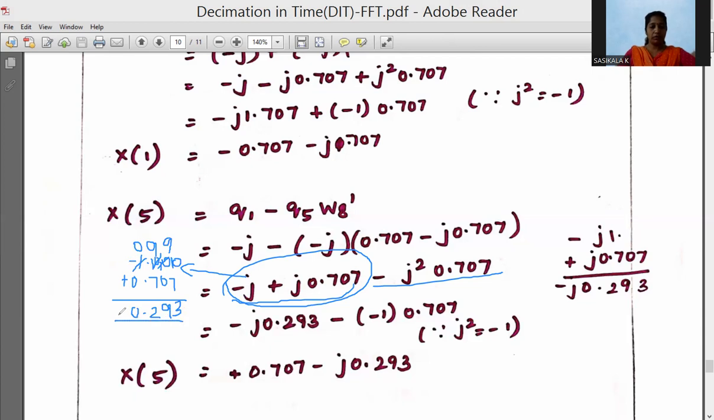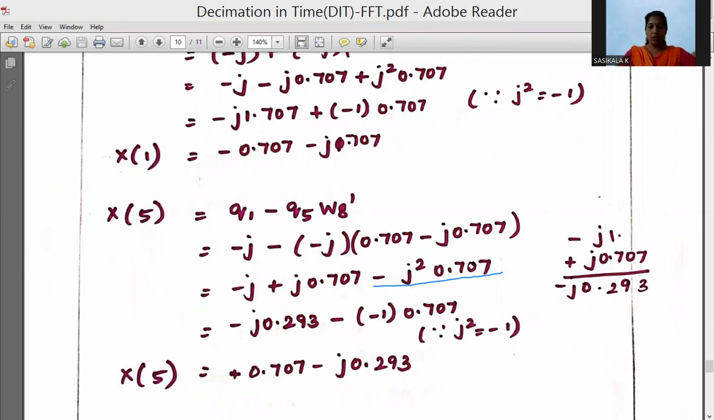0.293 because I'm having minus, that is the highest value for the negative symbol. So that's why I've got minus j 0.293 minus 1 into 0.707. So minus into minus is plus 0.707 minus j 0.293. So this is the